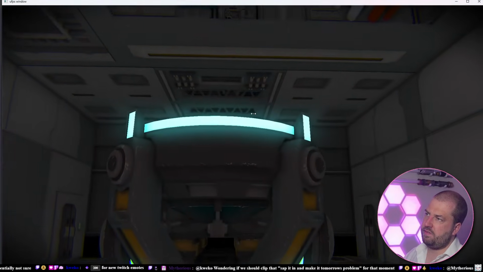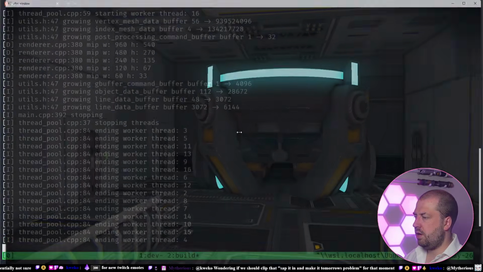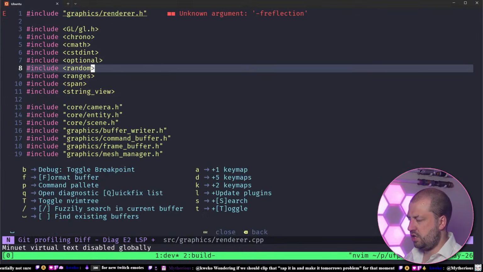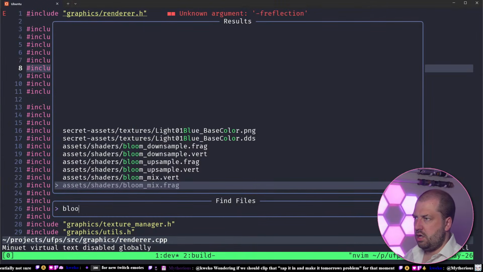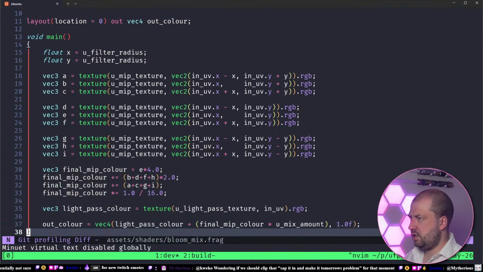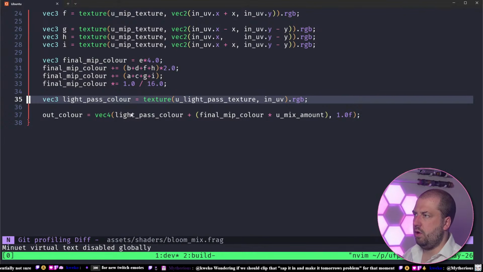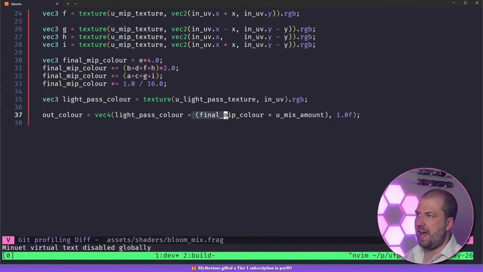I think the scene is a little bit better, a bit more representative of what we have done. There's a slight flicker I've noticed to the bloom now. The only other thing I changed was bloom mix. Now, rather than mixing the two, it just additively